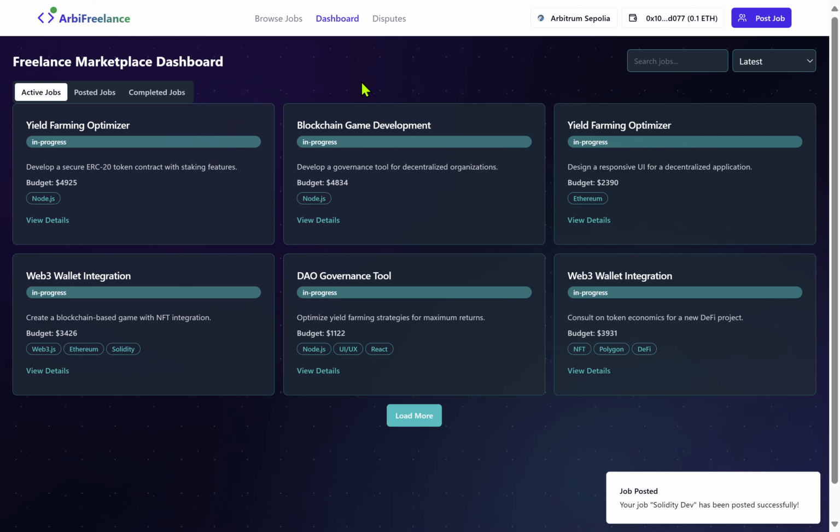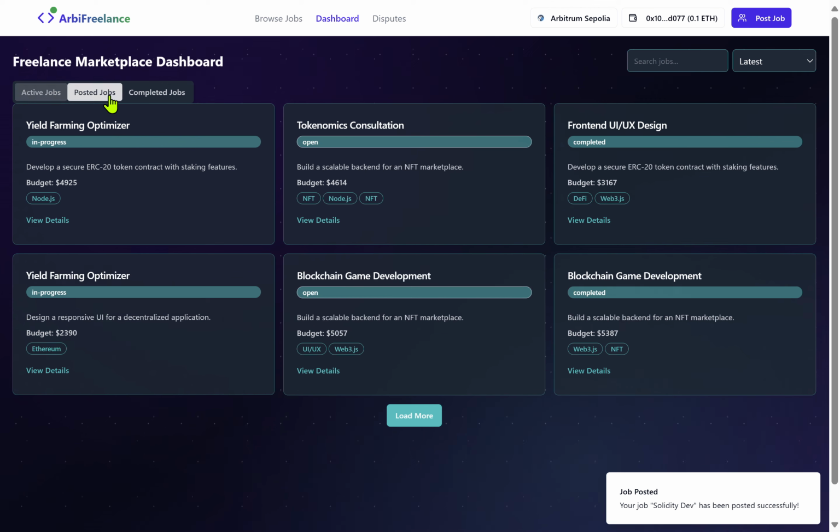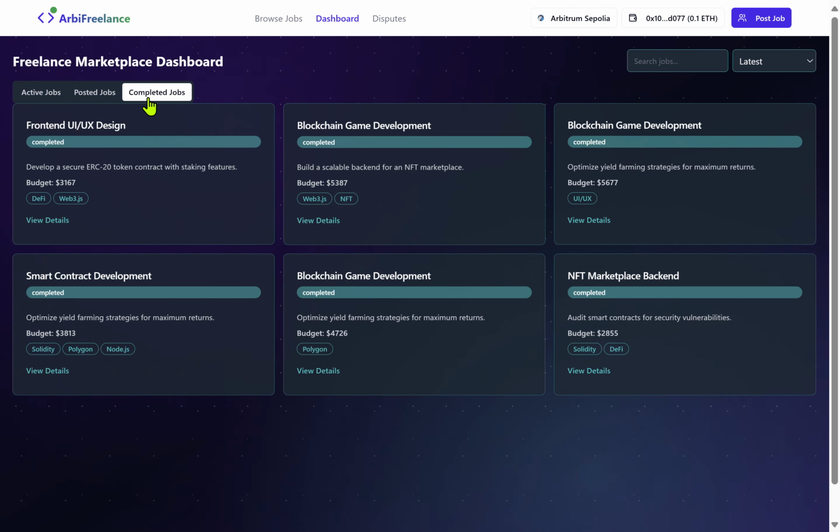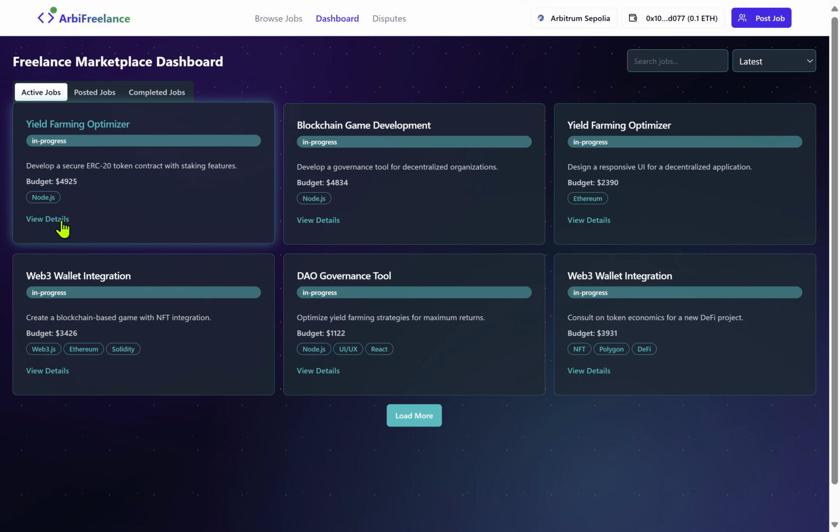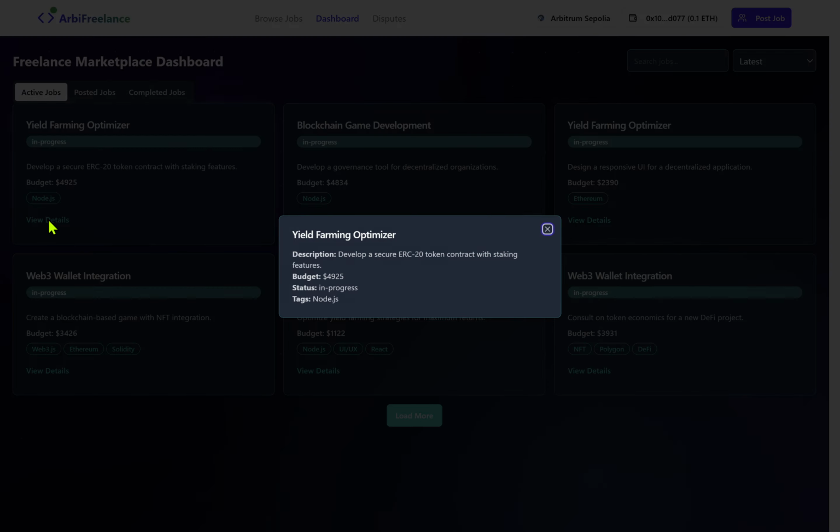Moving to the next interface, which is the dashboard, also the freelancer marketplace dashboard. Here, the freelancers or clients can view the different jobs, such as active jobs, jobs posted, completed jobs, and many others. Let's say in the active jobs, a freelancer wants to view the details.